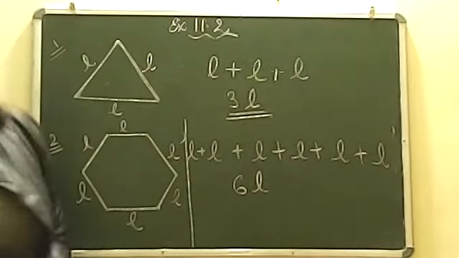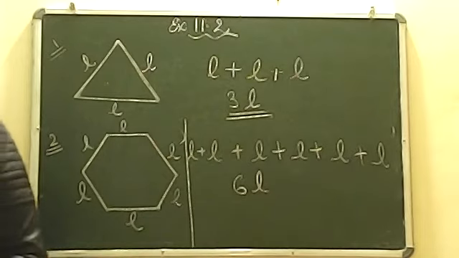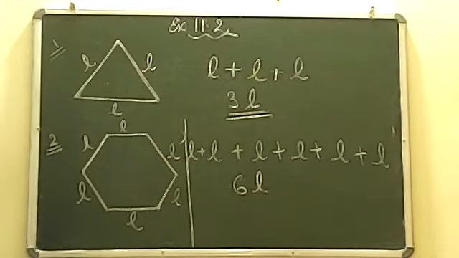Now my question is to all the students, use your chat box faster and tell me if you have a square, side is L, what will be the perimeter in this respect? Just as I have told you 3L and 6L, quickly tell me if you have a square, then what will be the formula? What will be the answer? Wonderful, very good. Answer will be 4L. Because a square has all 4 sides equal, so here the answer will be 4L.